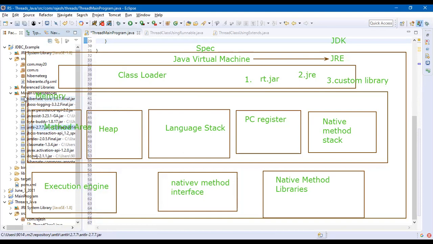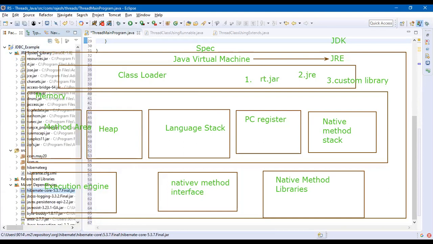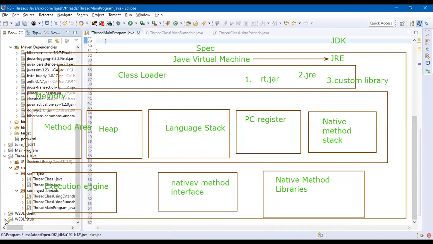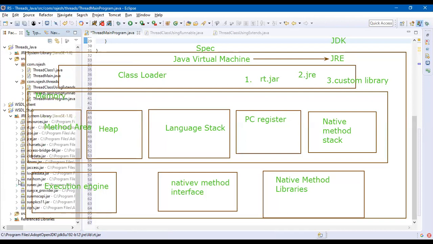So this comes under point number 3. That's why I opened this. This is a custom library. Okay. Point number 2 is, here it is, the JRE system library. See there? These are point number 2. This is point number 1, rt.jar. Every project you create, any project you go to, the JRE system library rt.jar will be there.